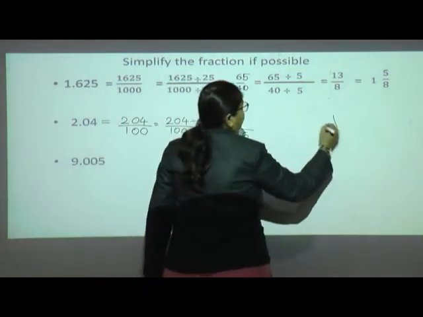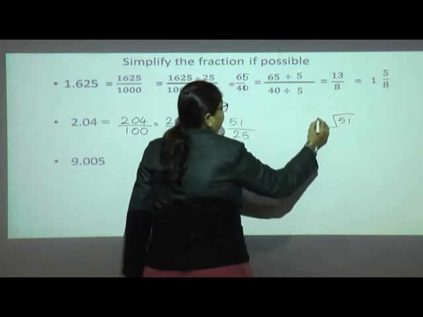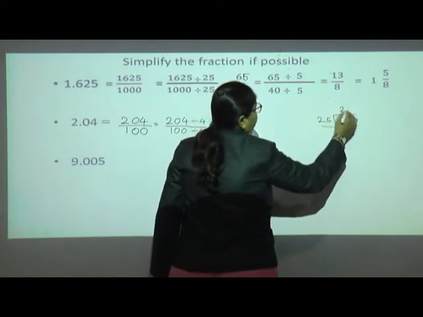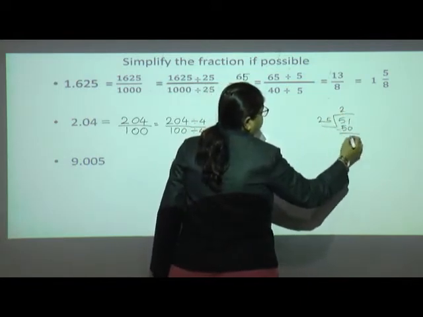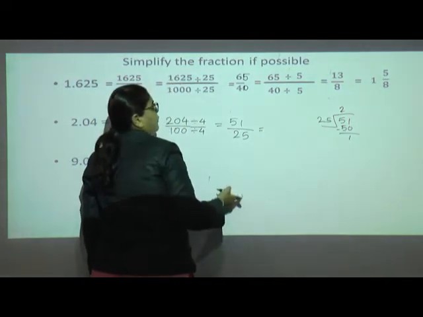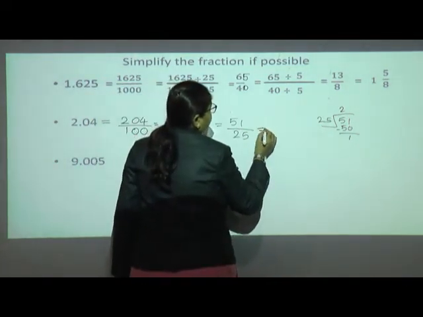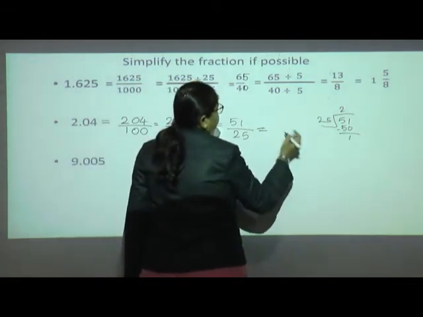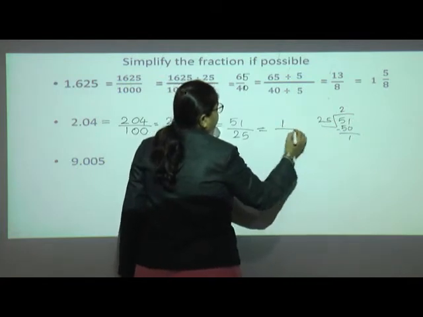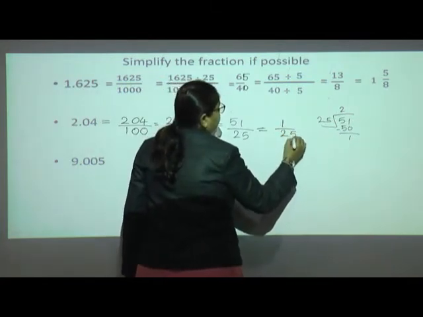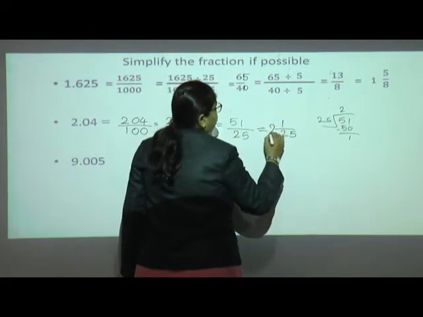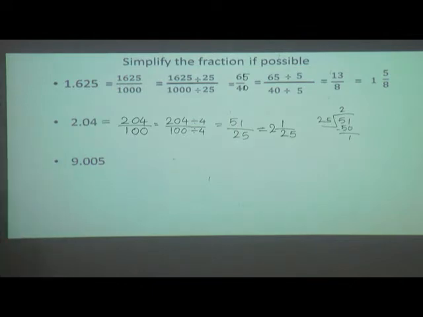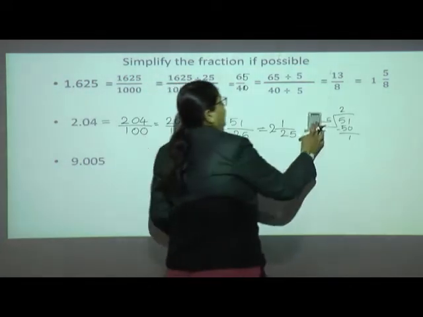So we have to convert it into a mixed fraction. We will do division practically here and try to convert this improper fraction to a mixed fraction. 25 2s are 50, here will be 1. How to write, you know very well, because we had solved many questions in the chapter fraction. Whatever is in the remainder should be written as the numerator, write the denominator as it is, and whatever is the quotient should be written as the whole. So it is 2 whole 1 upon 25, or 2 whole 1 by 25.